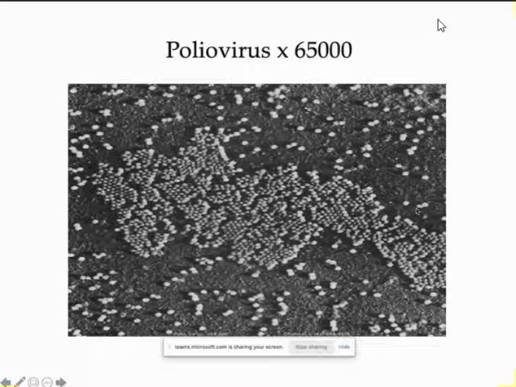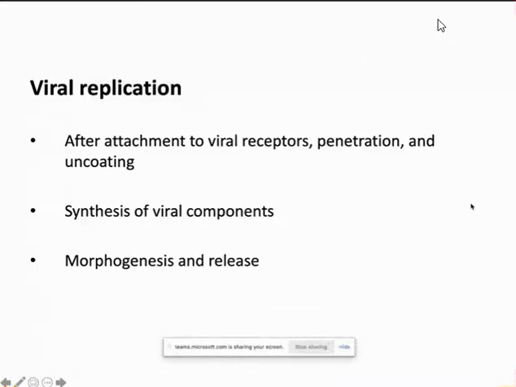So this virus attaches with the specific receptors, penetrates inside the host cells, uncoating takes place, and the viral components are synthesized. And finally, these viral components, the precursors, assemble and then finally get released from the cell. So this is the replication, how they replicate. Okay, that means see here the receptor is very important to engage. Since the receptors for the poliovirus are in the GI, gastrointestinal tract, that's why we acquire infection by ingestion.